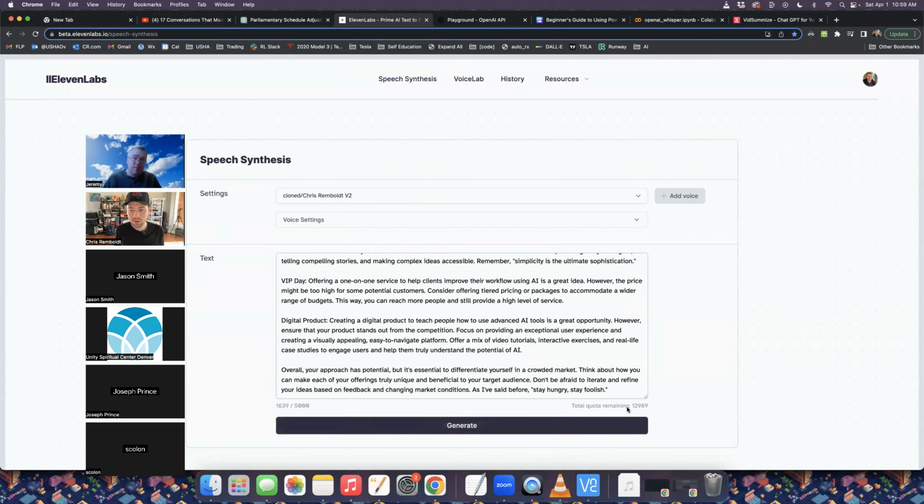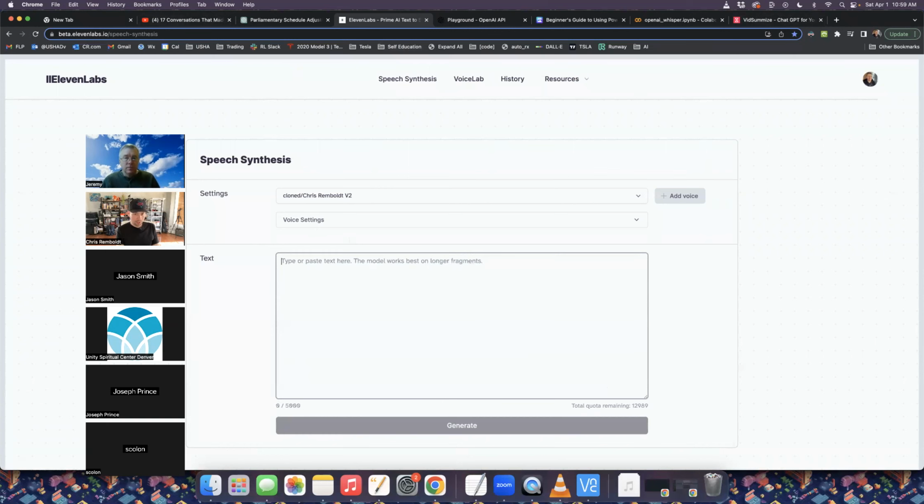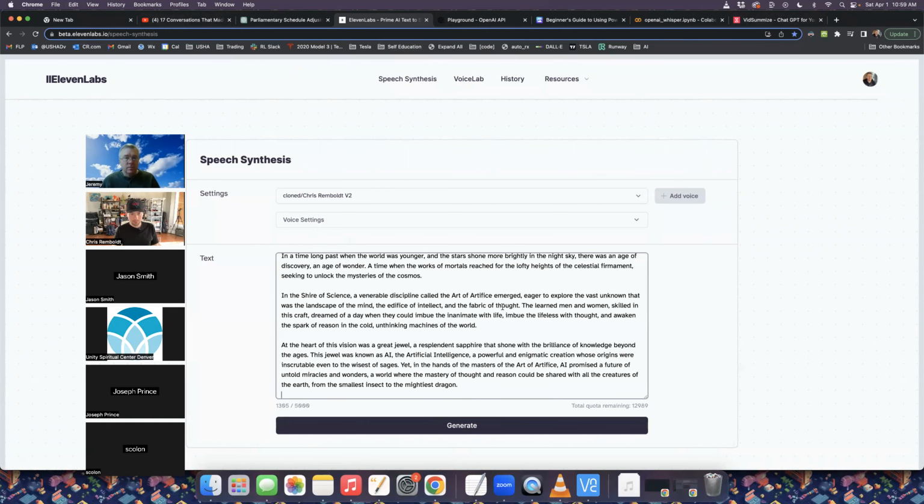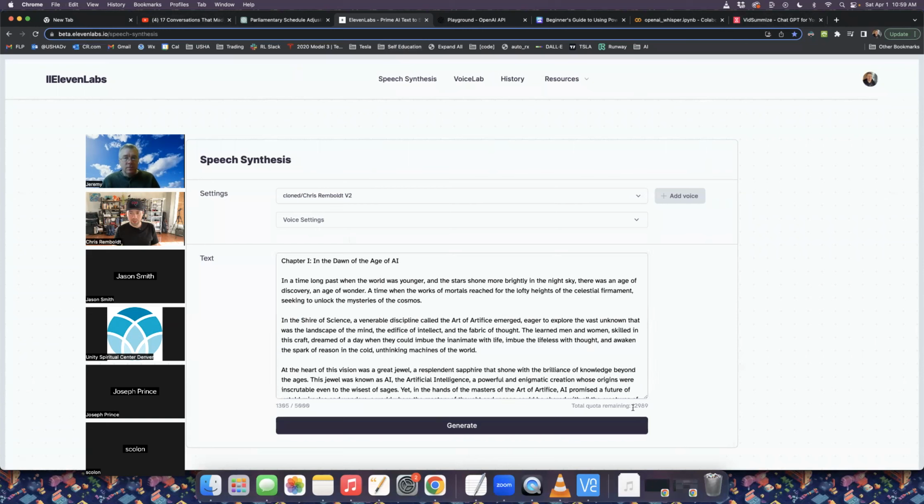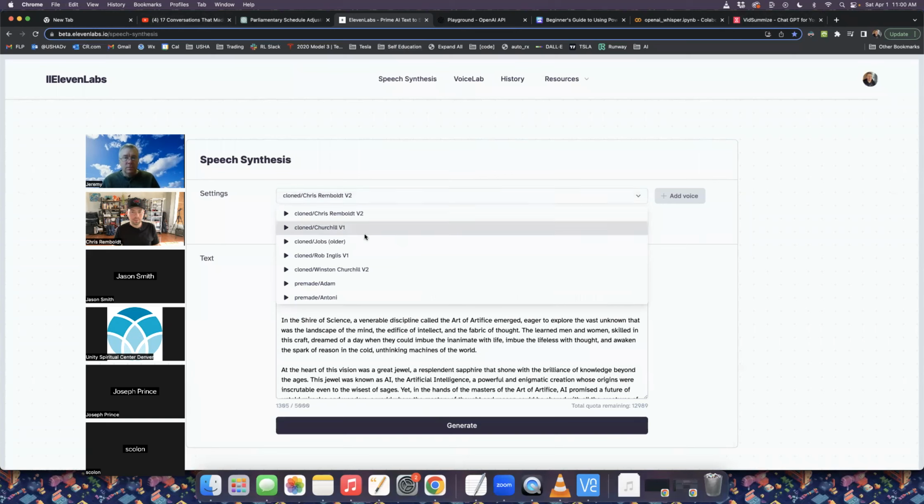But I haven't run out of my quota of compute yet, and you can buy more compute for super cheap too. So at first I thought I'd run through this pretty quick, and I didn't. I've been using this for weeks now, and I haven't even come close to running out. So here's my remaining tokens, 12,000. Here's what this one will cost, 1,300. So I have pre-cloned. Remember, ethics are important.